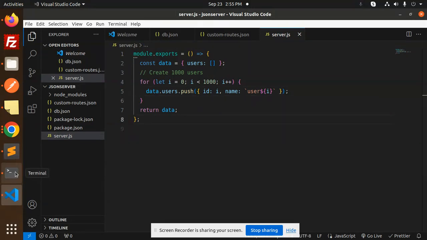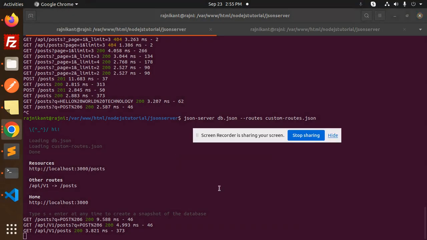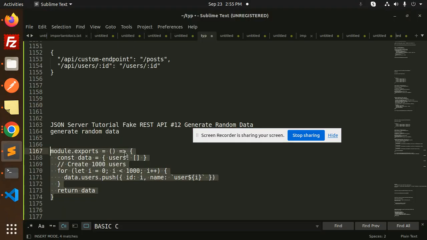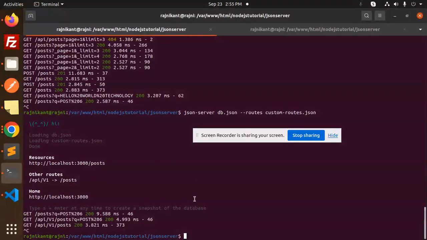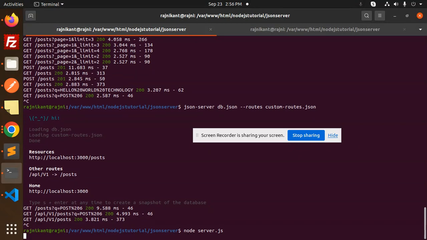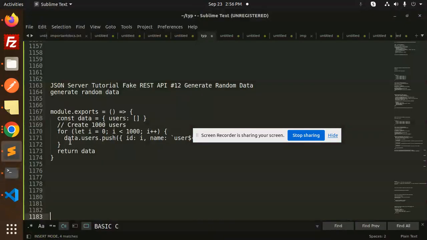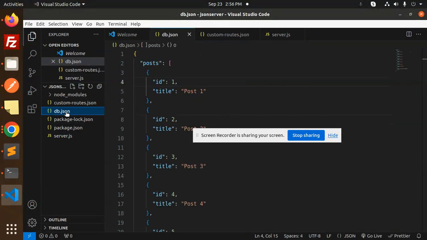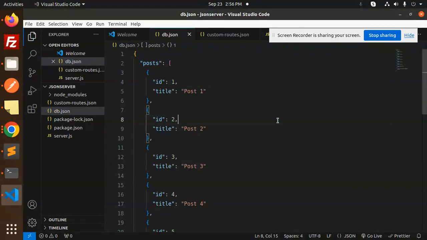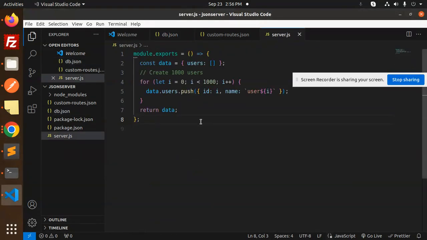So if I go and just run this part. Okay, so here we have the server.js file, node server.js, and let's see what happened. So here we have a db.json file. Is it not working or what? Server.js,